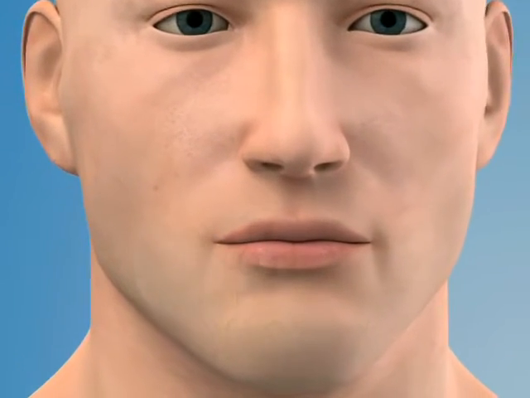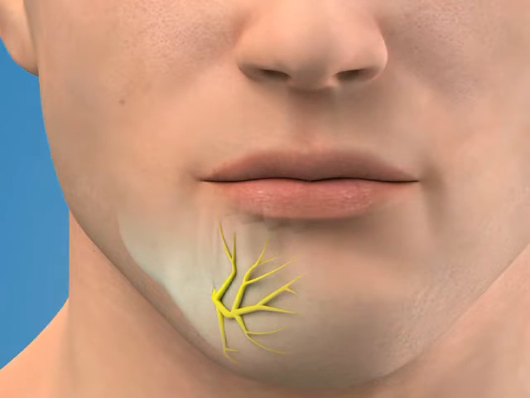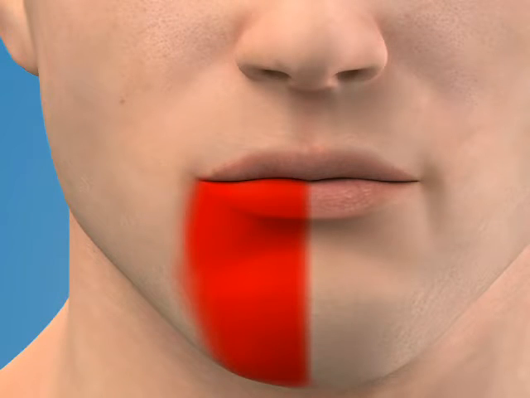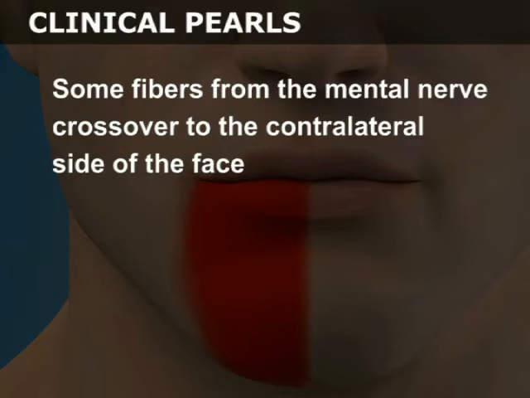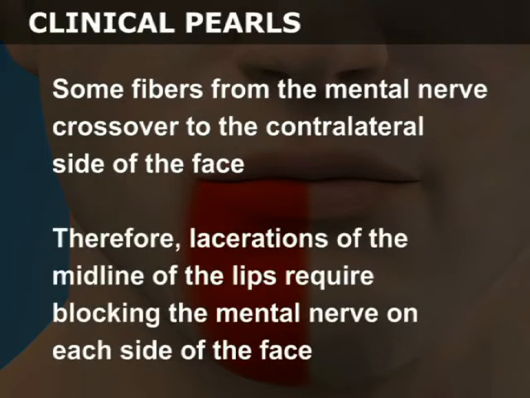The mental nerve arises from the third branch of the trigeminal nerve. It exits the mandible at the mental foramen below the second premolar tooth. A mental nerve block provides anesthesia to the lower lip. Some fibers from the mental nerve cross over to the contralateral side of the face. Therefore, repair of lacerations of the midline of the lips requires blocking the mental nerve on each side of the